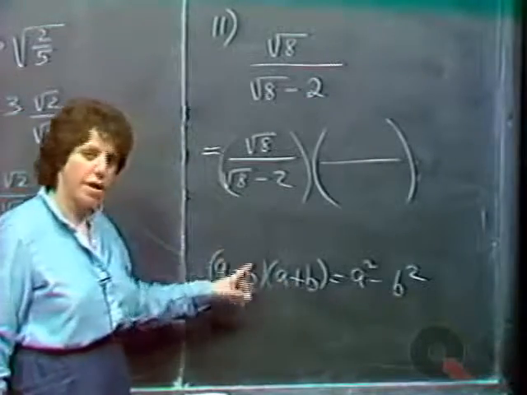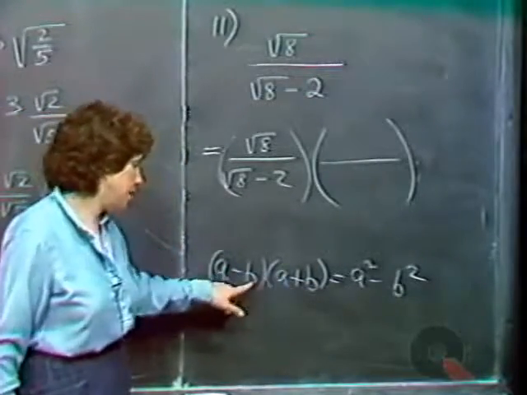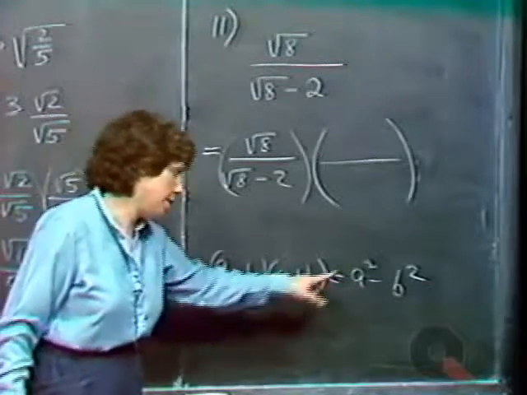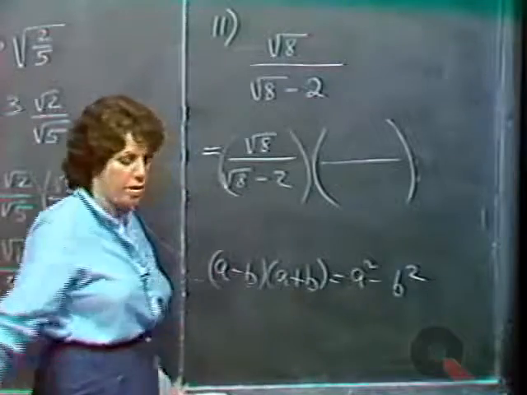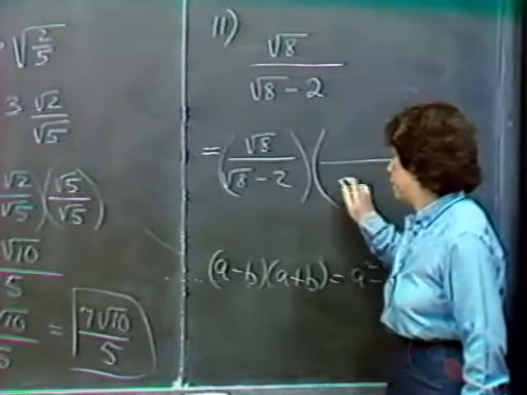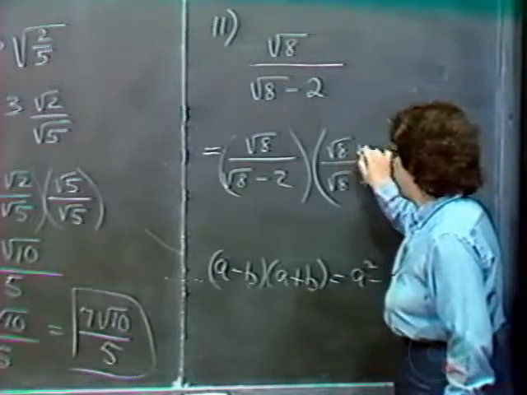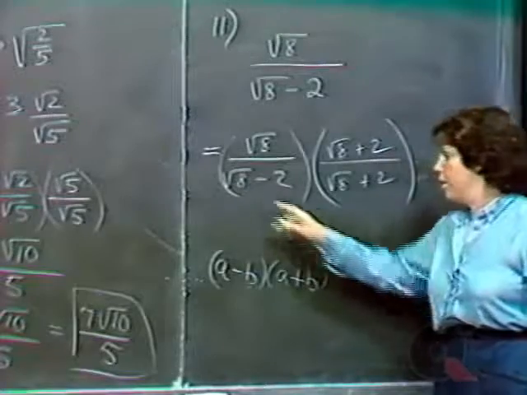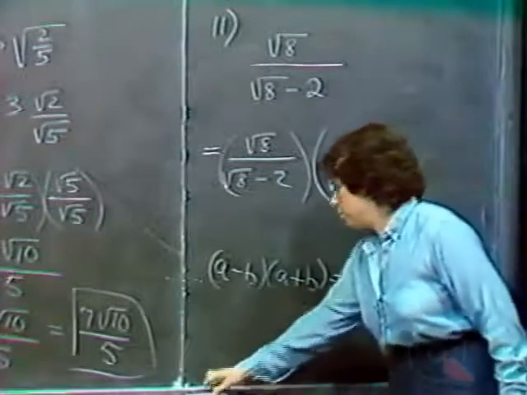Right, by first, outer, inner, last, FOIL, you get a squared plus ab minus ab. They cancel out, minus b squared. If you think of this as a minus b, and if you multiply top and bottom by a plus b, in other words, the square root of 8 plus 2, and you have to do the same thing on the top. This is like a minus b times a plus b. This will give us